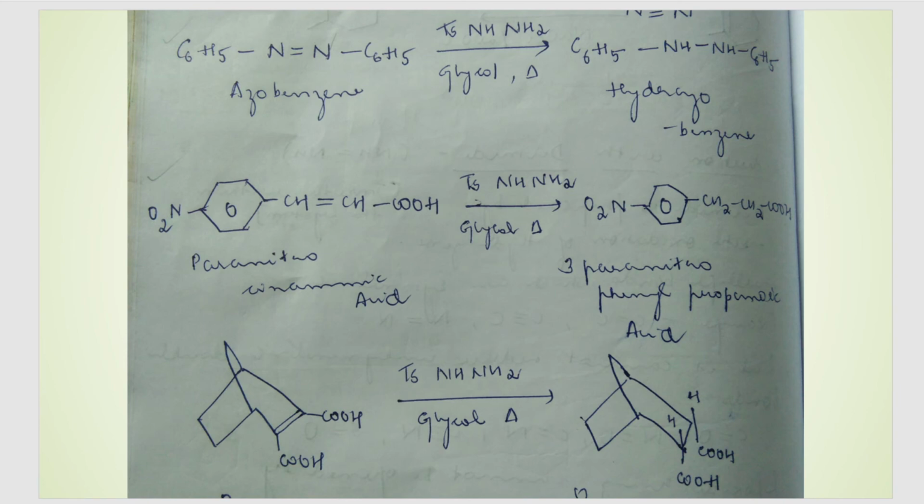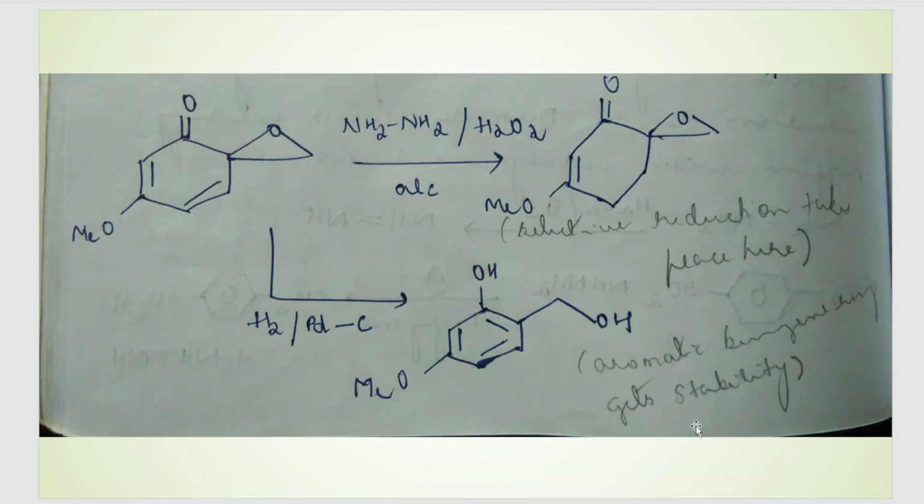So these are some of the examples of reduction with diimide. You can see here, anywhere where a symmetric double bond is there, diimide can carry out reduction. So here this symmetric bond, on reduction, we get NH and NH. Same way here there is a symmetric double bond, so here it is reduced to CH2 CH2. Here there is a symmetric double bond, so we get a single bond here. Same way, this one species when it is reduced with diimide or another heterogeneous catalyst like palladium.